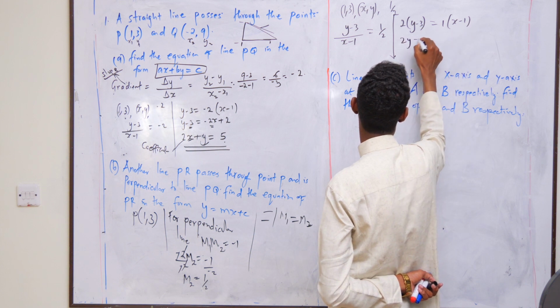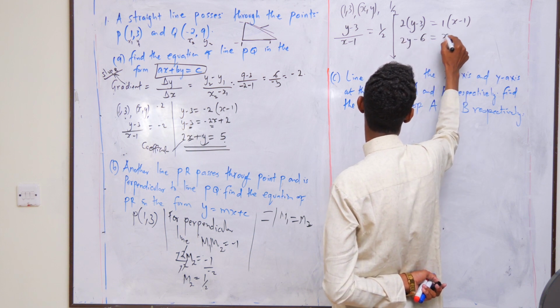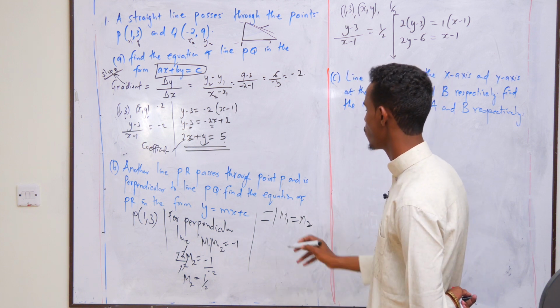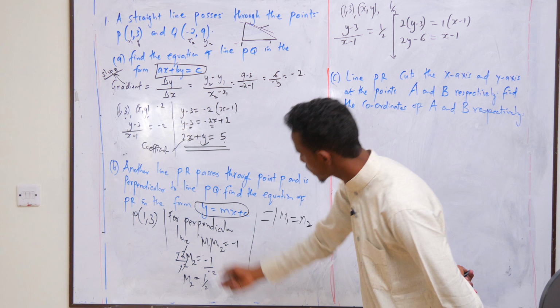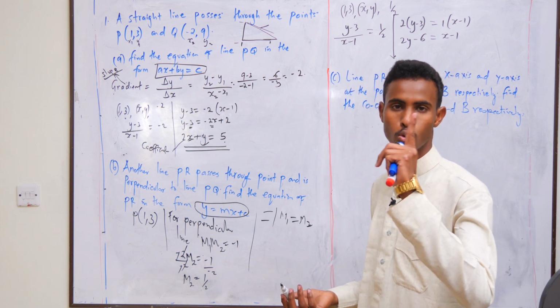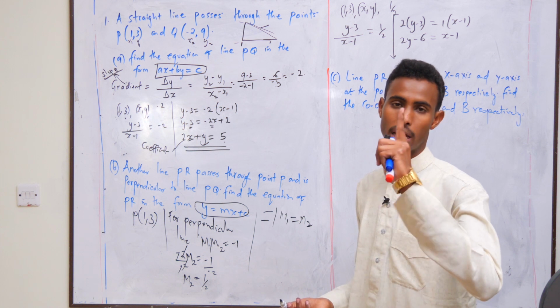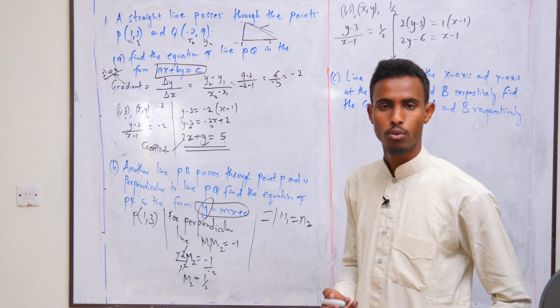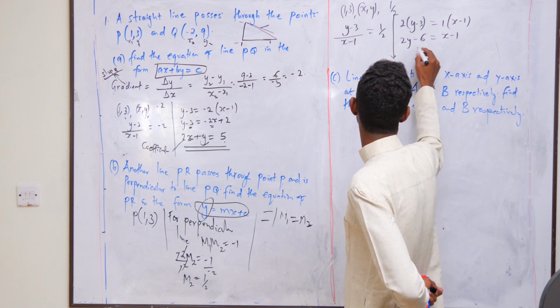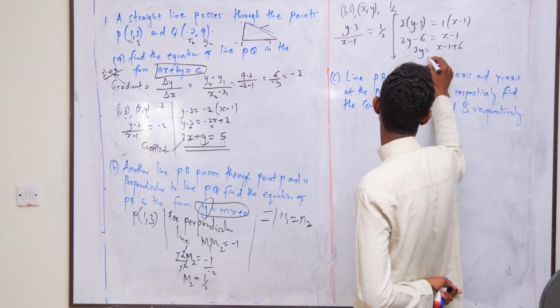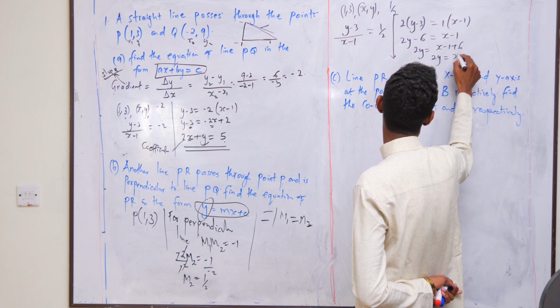It will be 2y minus 6 is equal to x minus 1. Very good. Now this one, you are told in the form of y is equal to mx plus c. Whatever you have on the left-hand side should only be y. That y should not even have a coefficient, because the equation is telling you y itself only. Now it will be 2y is equal to x minus 1 plus 6, which is 2y is equal to x